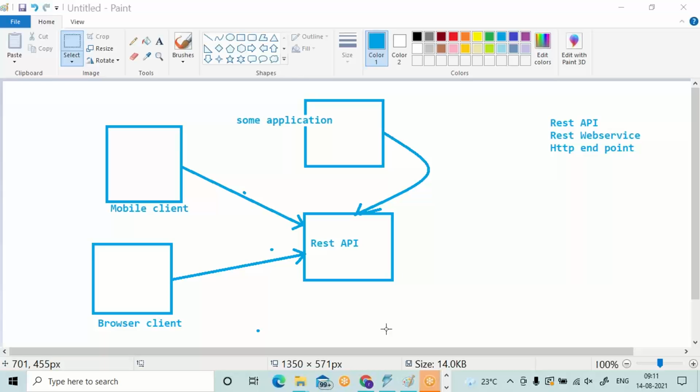Till now, we have seen only two things. First one, why do we require REST web services? Second one, the setup process to develop REST web services by using Java.